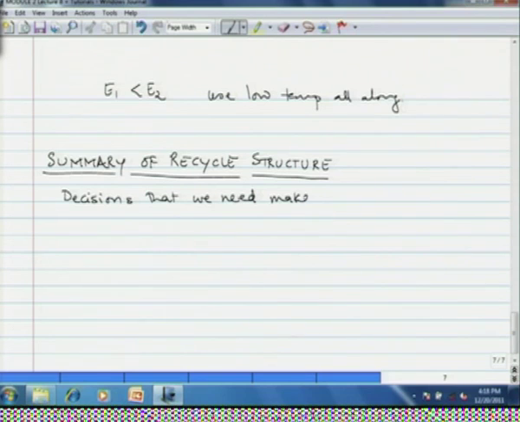The decisions that we need to make for deciding the recycle structure of the flowsheet are how many reactors, then should there be separation of any component between the reactors,